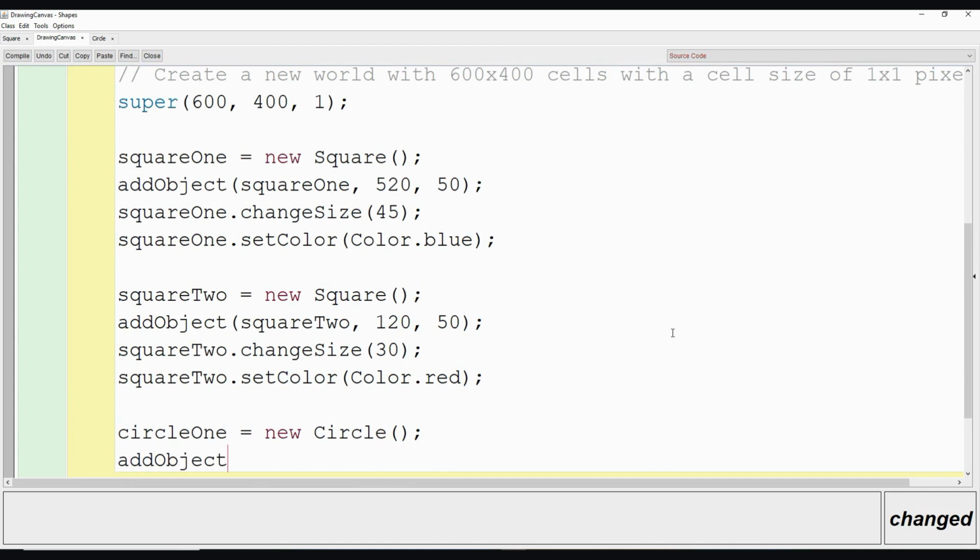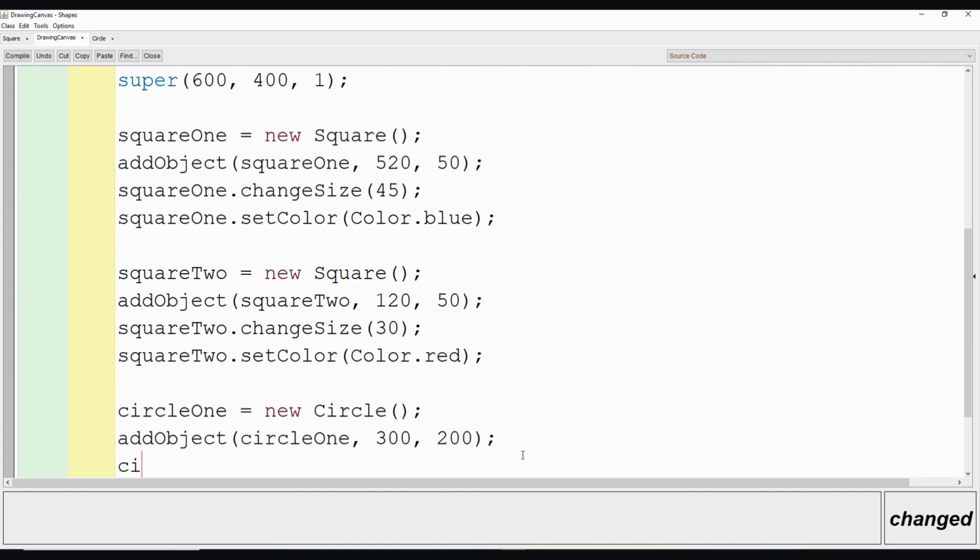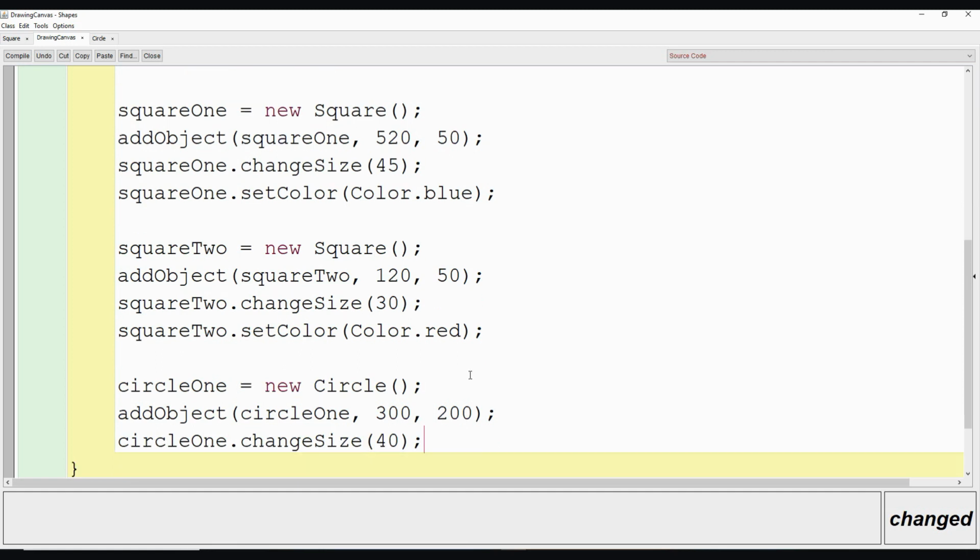Add object circle1, 300, 200. circle1.changeSize(40);